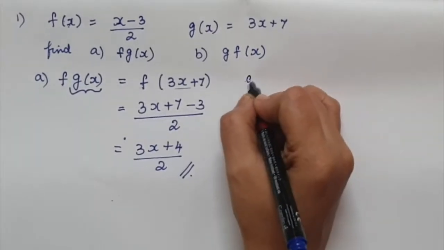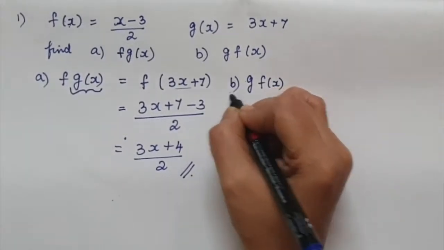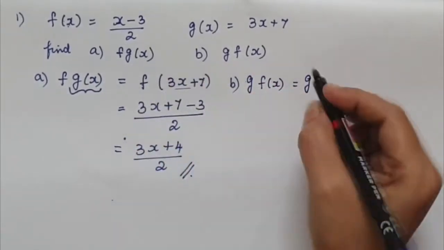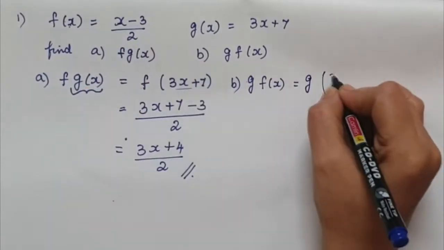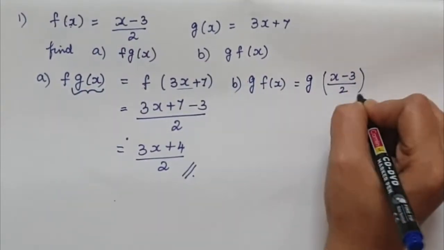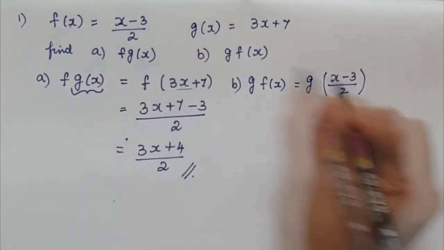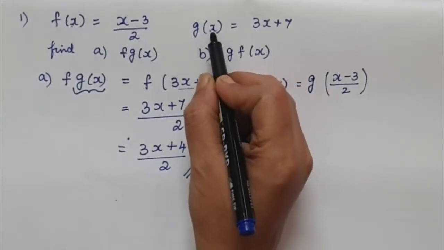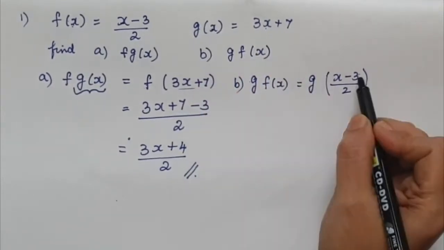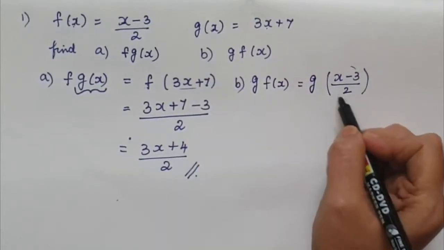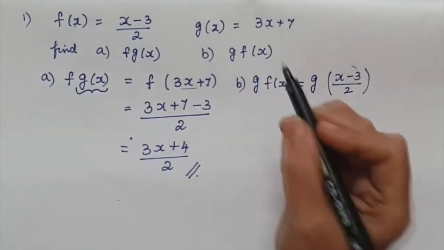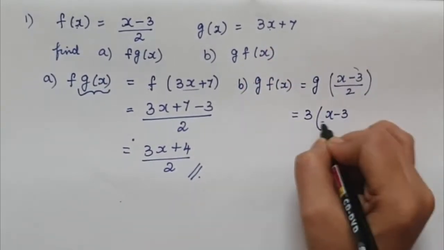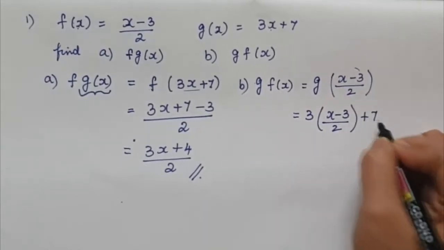Now we'll go in for g f of x. This is the B part. Now, as I told you here, we have to keep our first g as it is. We replace f of x. F of x is (x minus 3) over 2. So, f of x we have replaced as (x minus 3) over 2. Now, compare it with g. Now, when x is there on the left side, we have x on the right side. Now, instead of x, we have here (x minus 3) over 2. Here also we write it as (x minus 3) over 2. We replace x by (x minus 3) over 2, plus 7.